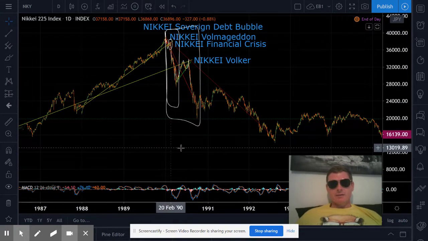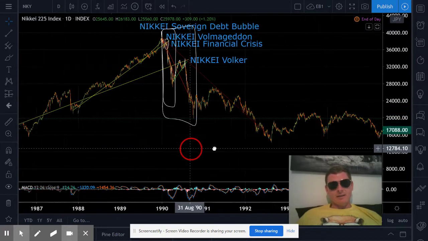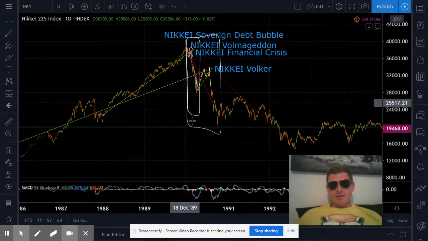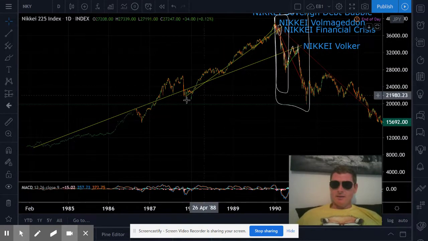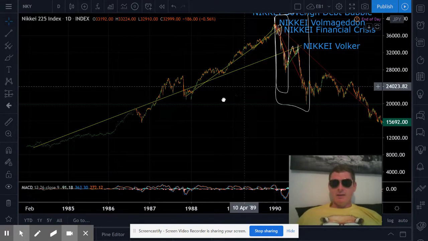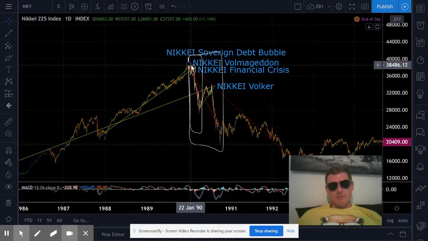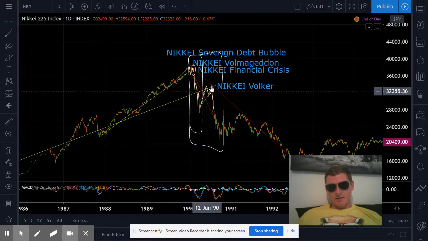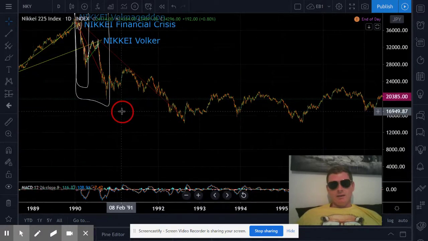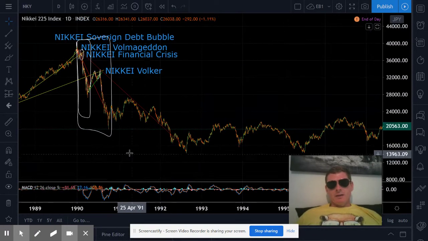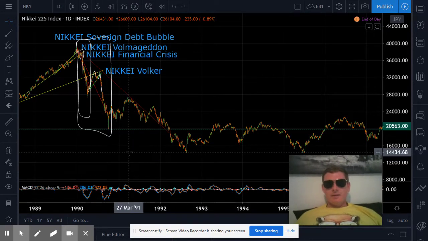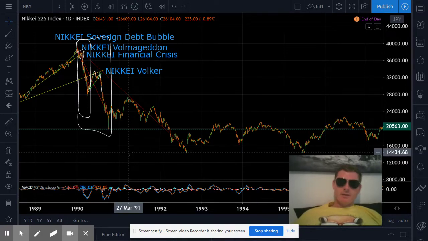So that's just a look at the backside of a sovereign debt bubble unwinding and how it looks going up the bubble, how you keep getting steeper bull market lines up, and then on the way down you break and backtest all of those bull market lines until you get into the unwinding part of the bubble. And then I mentioned that Japan has done a ridiculous amount of quantitative easing and central bank